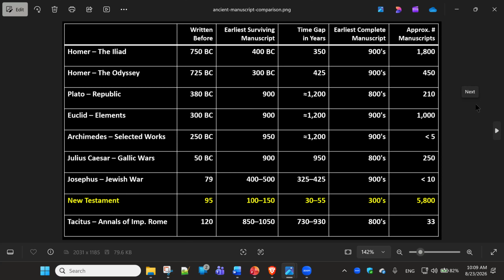I can make more. And you can see the one there, Homer's Iliad and the Odyssey, which is making the rounds right now. What are the Greeks so offended about right now? Well, the reason they're offended is their perception that the director compromised the original work with some of his choices in making the film, the Odyssey. And so there's an outcry about it. Are they thinking, well, we don't know what Homer wrote in the Odyssey because we have only 450 manuscripts, and the earliest one is 400 years after it was originally written? No,